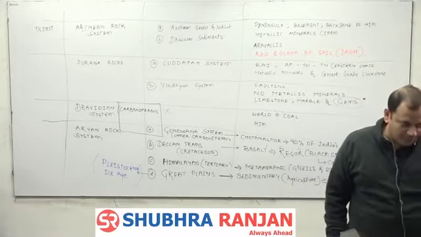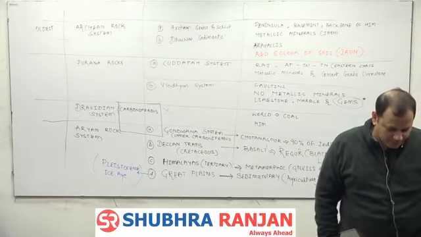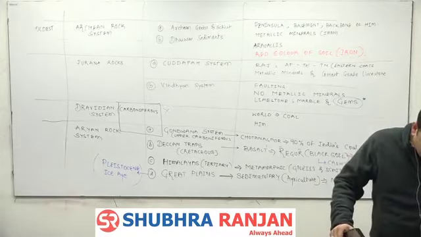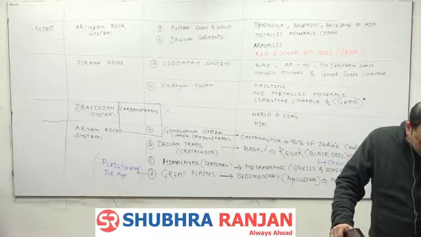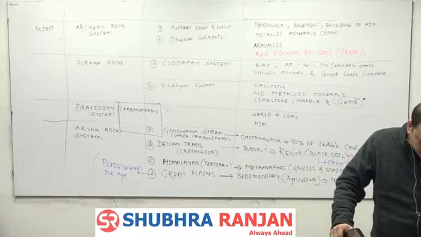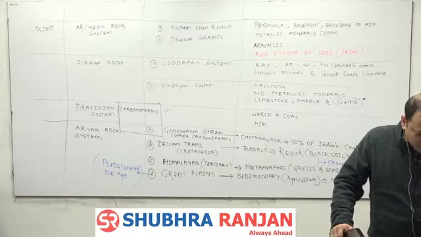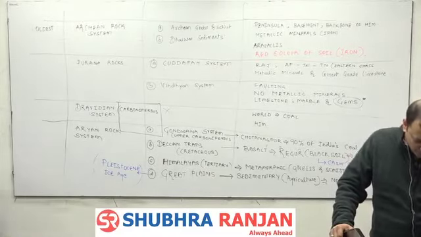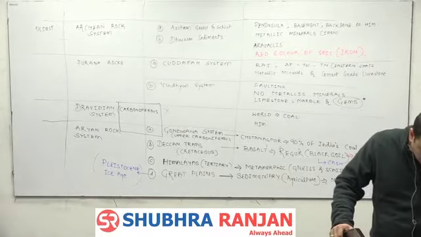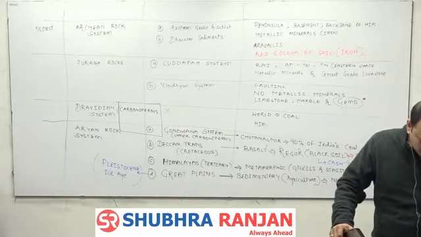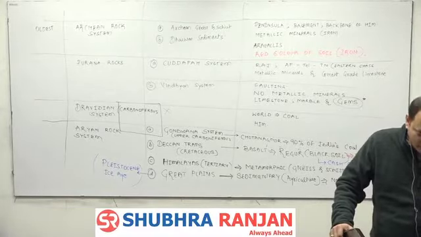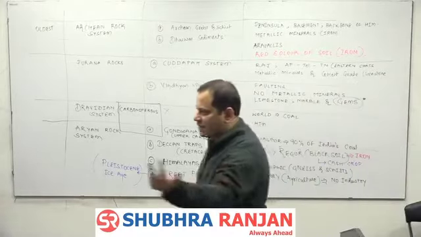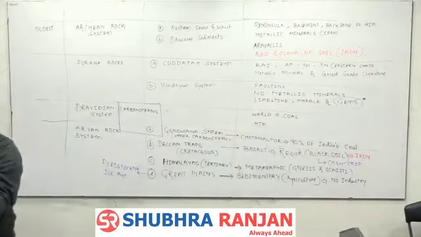Covering an area of 10 lakh square kilometers. Over the period of time, it has been reduced to half of its size. And now covers which states? Maharashtra, Gujarat,